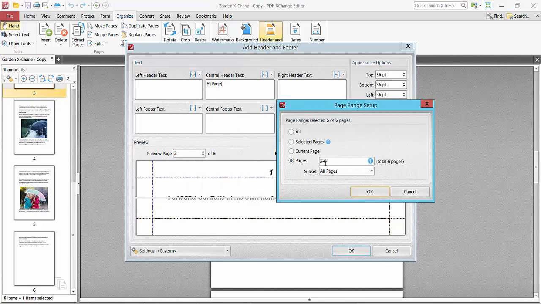total 6 pages, and I will exclude first 2 pages. I will set page number 3 to 6. Now select OK